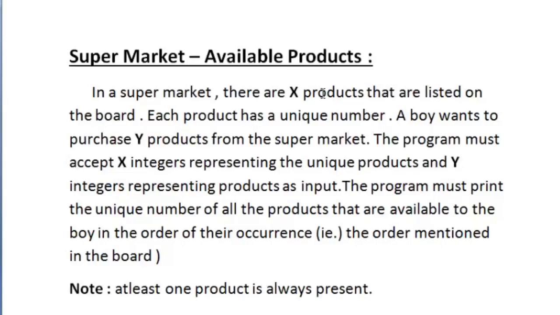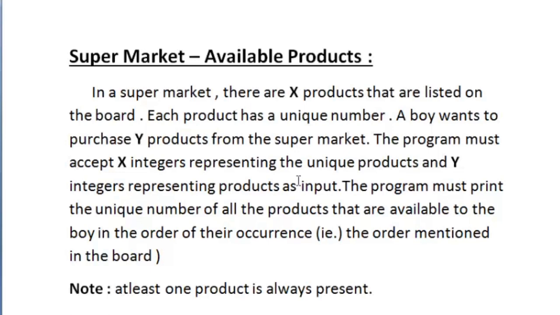So this is the question asked in today's Skill Rack Daily Challenge. It is given that in a supermarket there are X products listed on the board and each product has a unique number. A boy wants to purchase Y products from the supermarket. So the program must accept X integers representing the unique products and Y integers representing the products which the boy